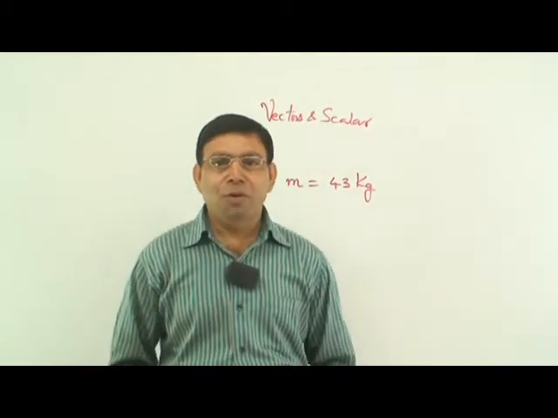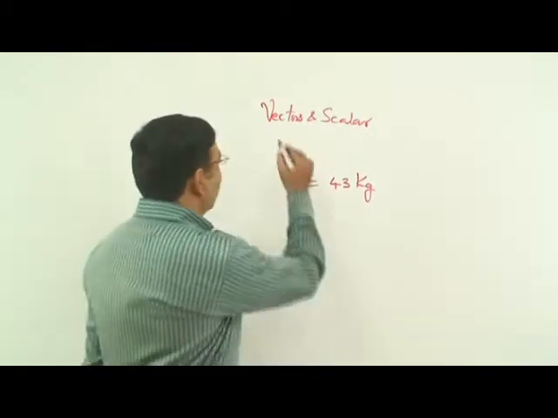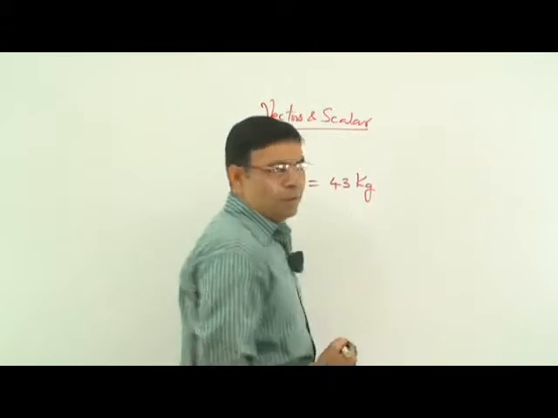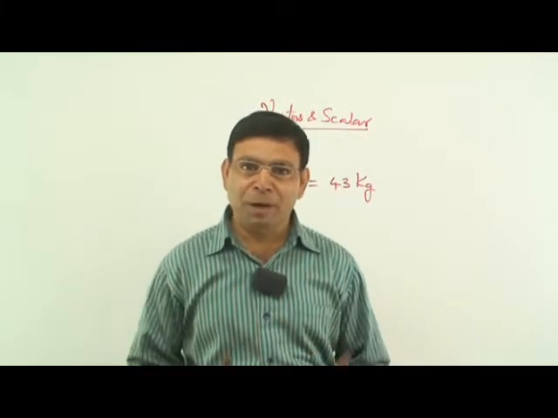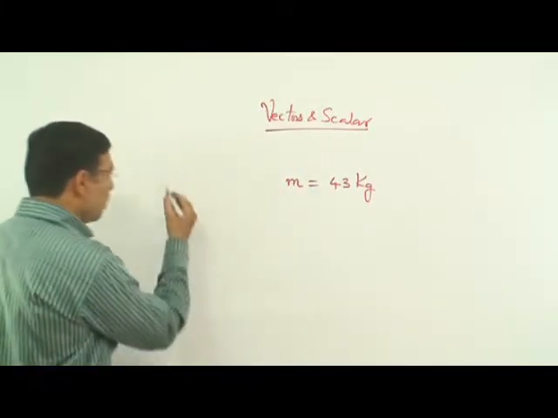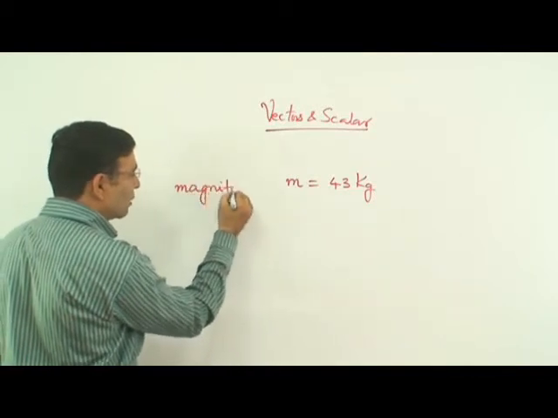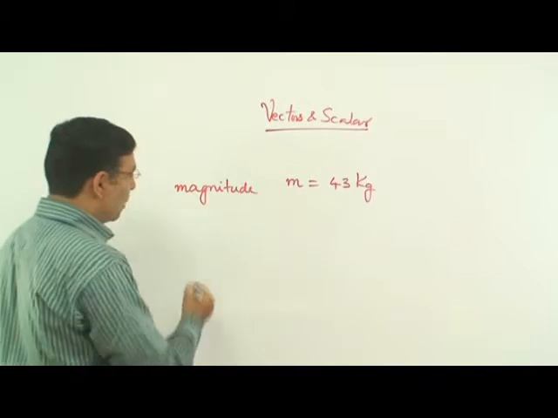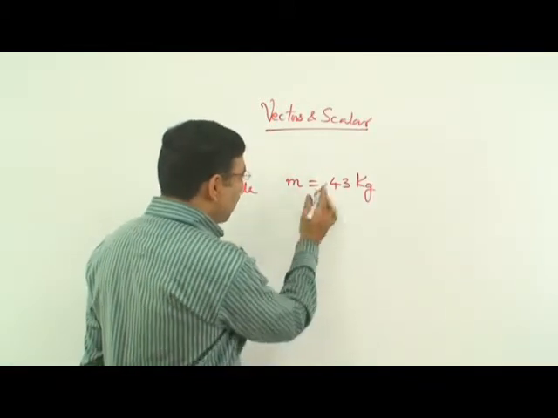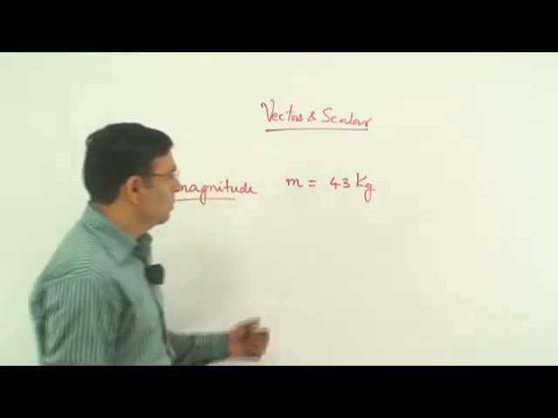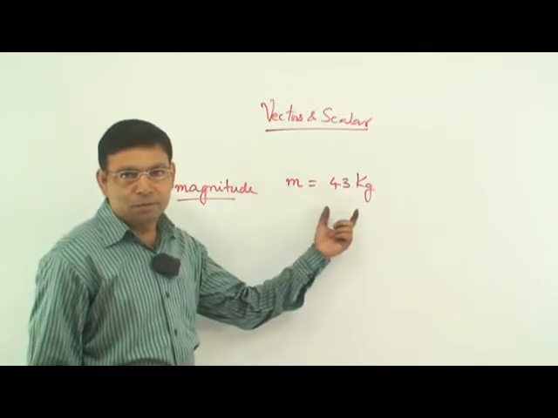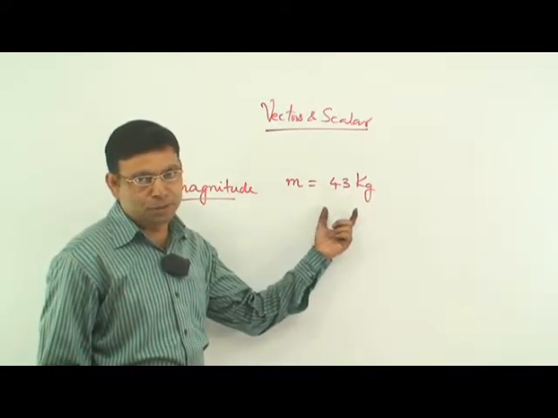Hello students, we are now going to learn about vectors and scalars. What is a scalar quantity? Most of you might be knowing a physical quantity which has got only magnitude and no specific direction is called a scalar. Okay, for example, if mass of a girl is 43 kilograms, what is the magnitude of this